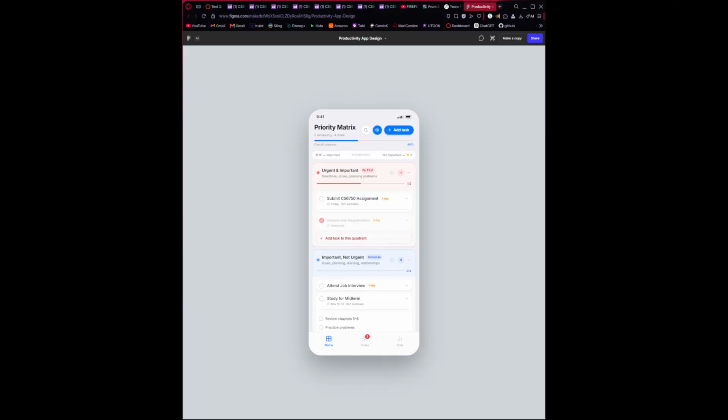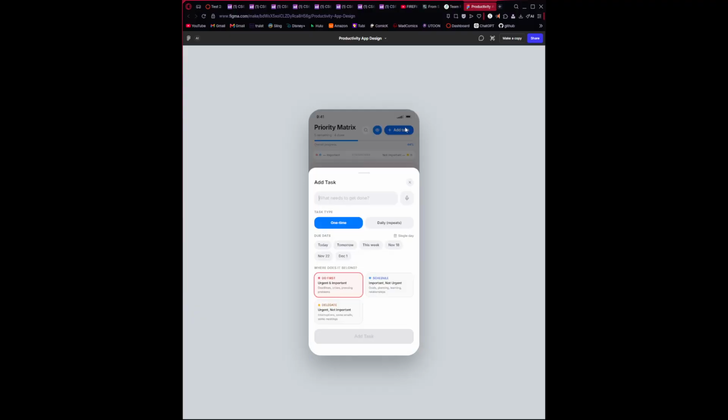participant feedback. At the top, you can see the priority matrix title, search filtering, the hide completed, and the add task button. Originally, this was supposed to be a plus icon for the add task button, but several participants weren't sure if it created a new task or a new category. I changed it to an Add Task button with an actual label to make the action immediately obvious and improve discoverability. This follows the usability principle of recognition rather than recall because users no longer have to guess what the button